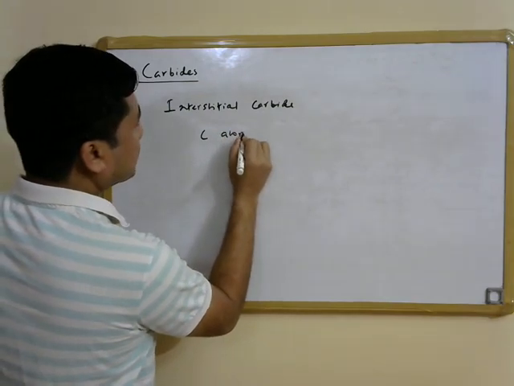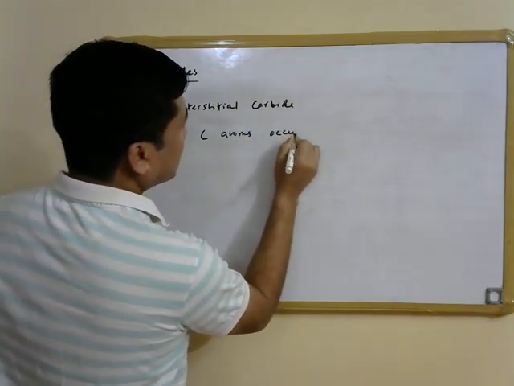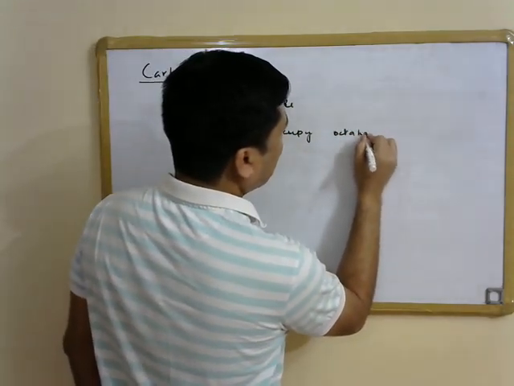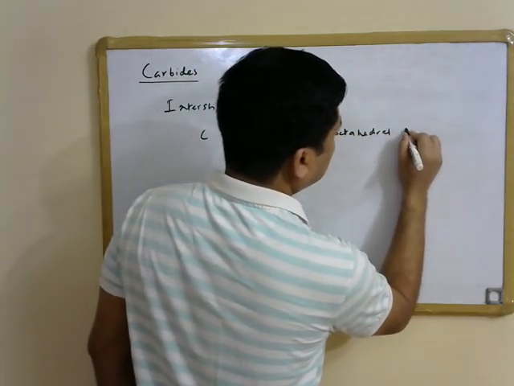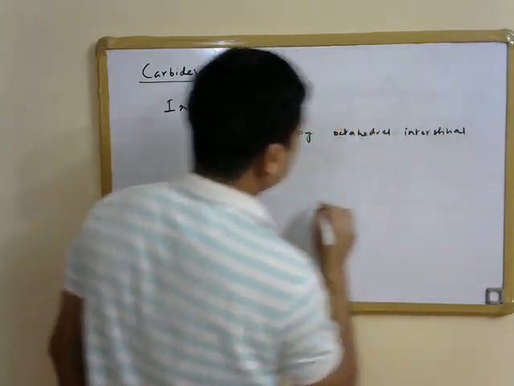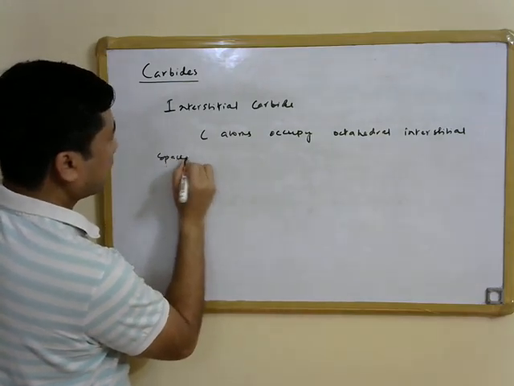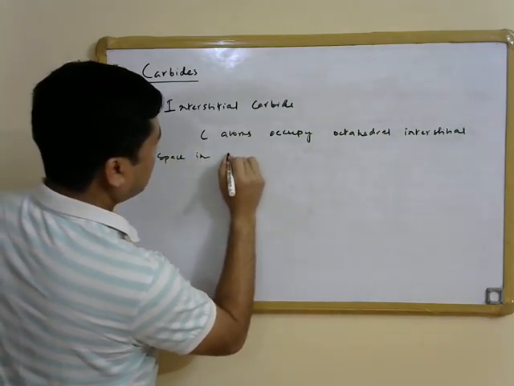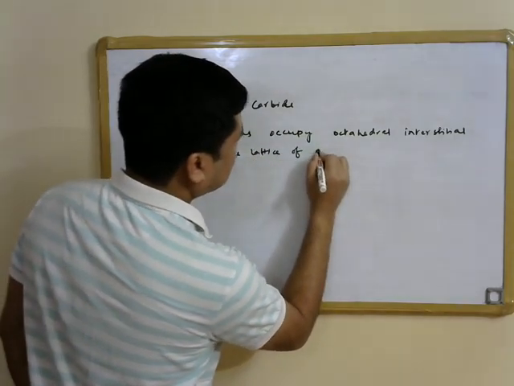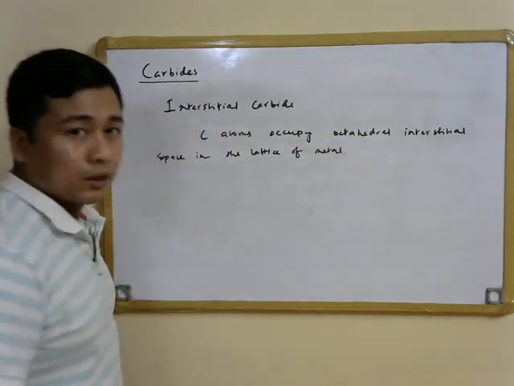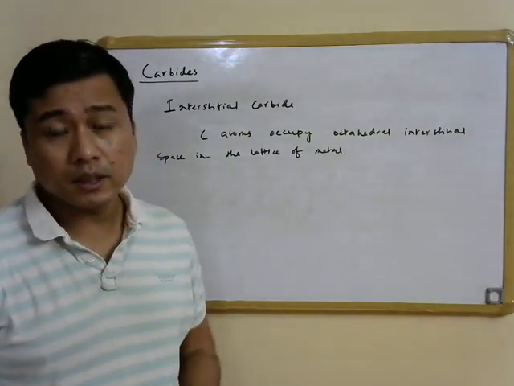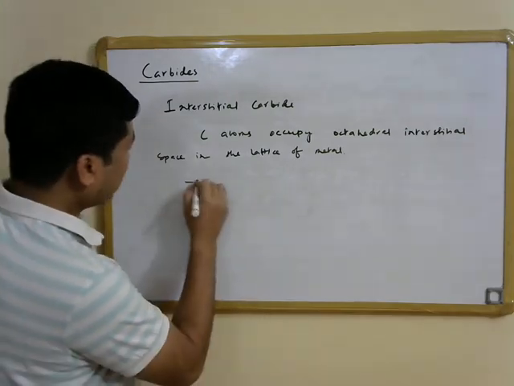carbon atoms occupy octahedral interstitial space in the lattice of metal. So these compounds, these interstitial carbides, their characteristic is that they are infusible,